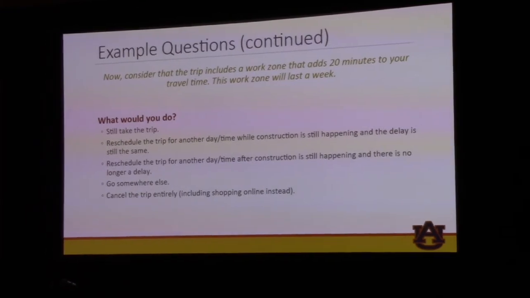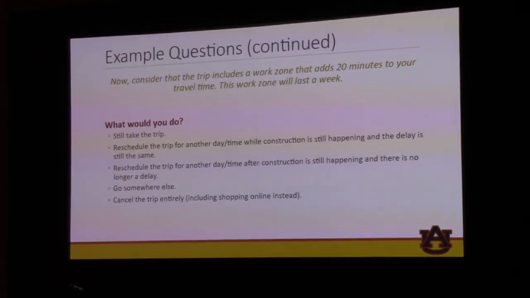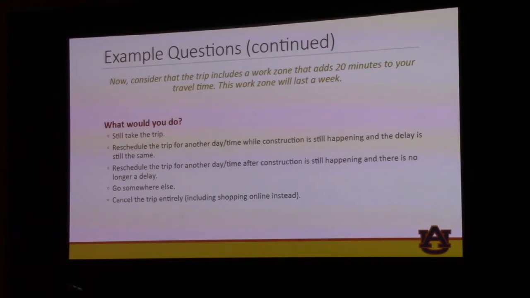We actually played around with statistically representative groupings. So we did short, medium, and long durations and delays attached to it. So in this example, we have a 20-minute delay and a duration that's going to last a week. And so we did this with short, just an additional 5 minutes, but then also much bigger at 45 minutes. And then the duration could last a day, a week, or a month. And so then, based off all of these different options, and they were randomly generated for each person,